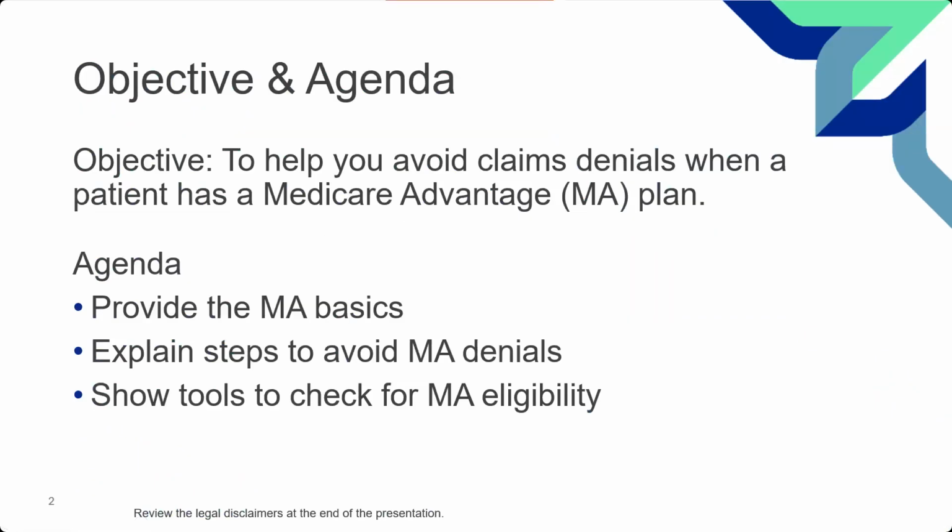Objective. Again, my goal today is to look at Medicare fee-for-service, J5 and J8: Jurisdiction 5, Iowa, Kansas, Missouri, Nebraska, plus our national contract, and Jurisdiction 8, Indiana and Michigan, and what's going on with MA denials and why it's so important that you have a basic understanding. Now, the goal is to reduce that denial base. However, in order to do that, you have to understand what MA is to start with. Then you have to look at the steps to avoid the MA denials. And then I'm going to show you some tools to help with eligibility, because if you're not sure if they're on an MA plan, how can you avoid billing us for a denial, right? So we want to make sure we get through all these different agenda items.